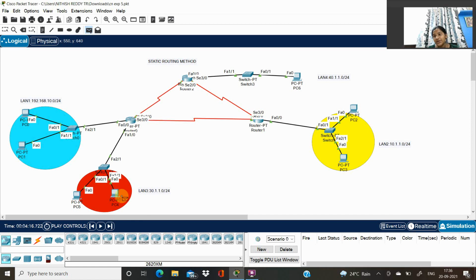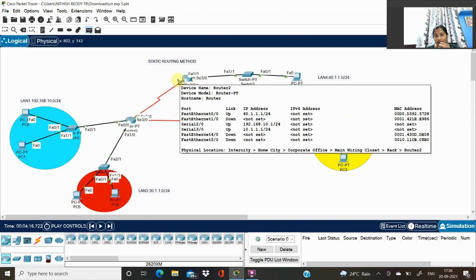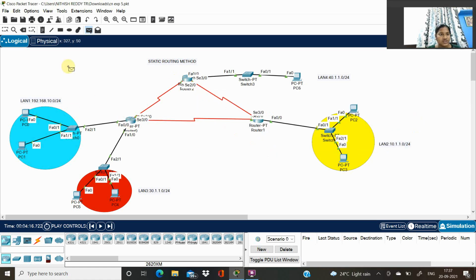Now let's ping from LAN 1 to LAN 4. Now we have to configure our router 0, because we have to do it in the static routing method, so we have to take our router 0 first.